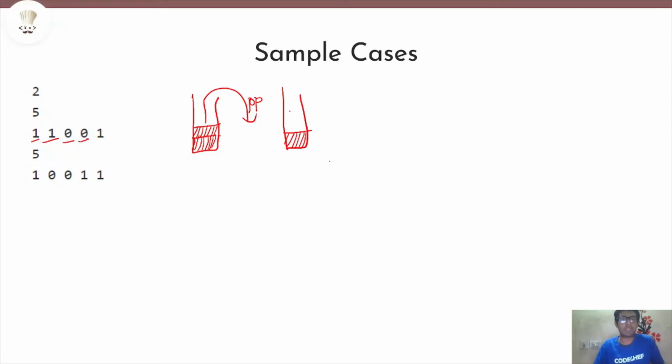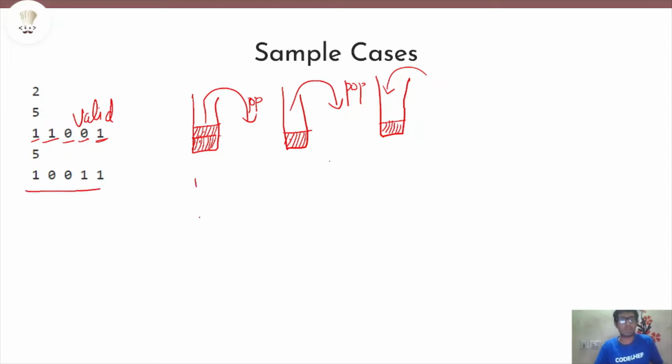Again you receive a pop instruction, so pop out this element. Now you have an empty stack. When you have an empty stack, you again get 1, which corresponds to a push instruction, so just push it here. So this input corresponds to a valid sequence because you're not doing anything invalid. You pushed 1 element, then you pushed another element, then you popped 1 element, then you popped another element. On the empty stack, you again pushed. So this is a valid operation.